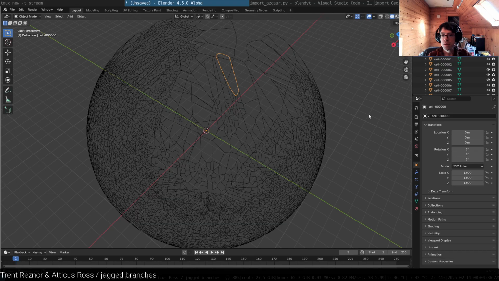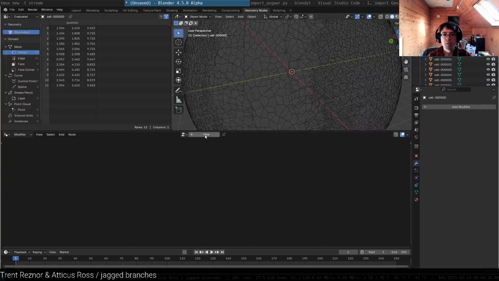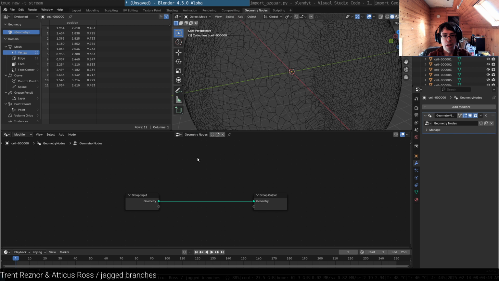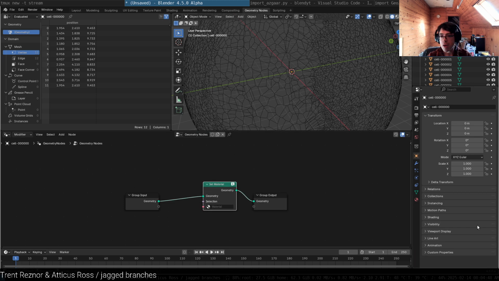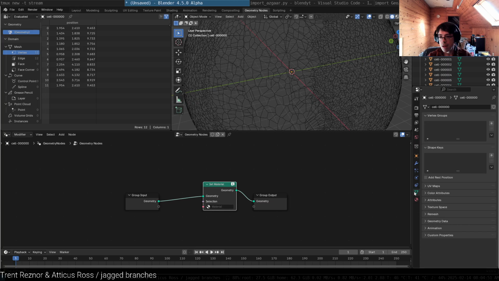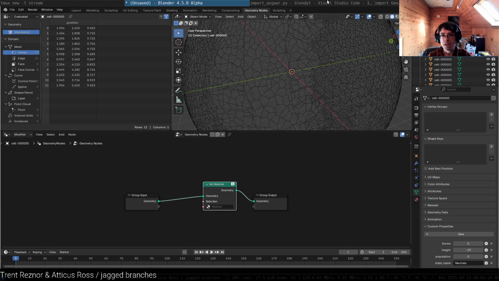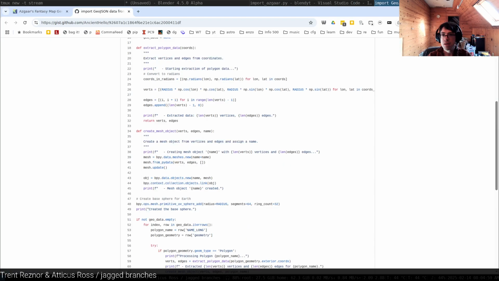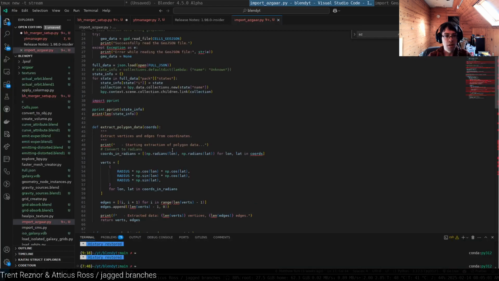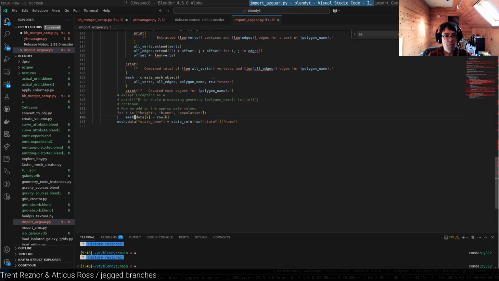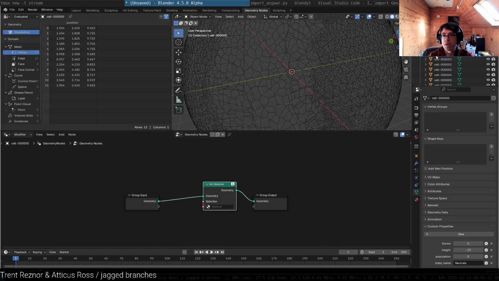Now let's go to geometry nodes. We're probably going to want to do something to this. So we will add a geometry node, set material, and let's take a look at the properties. Did I put the properties in data? Oh, I did put the properties in data. I actually don't really want them in data, but so let's go back here, see where it says mesh.data. We'll get rid of that. Okay, so